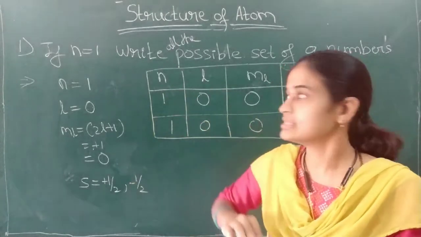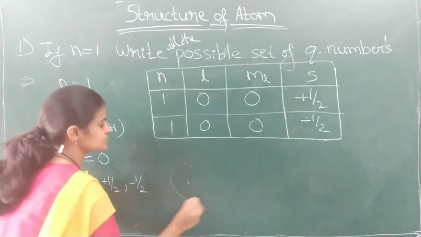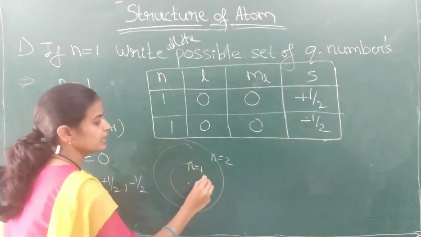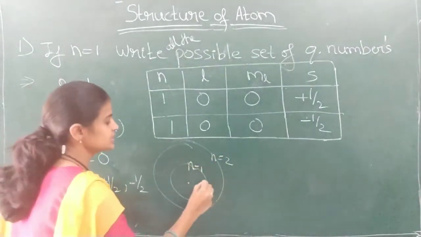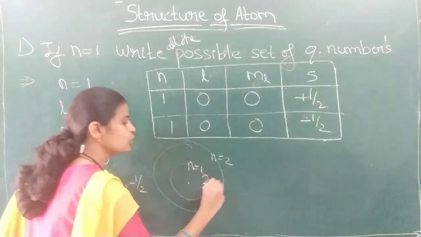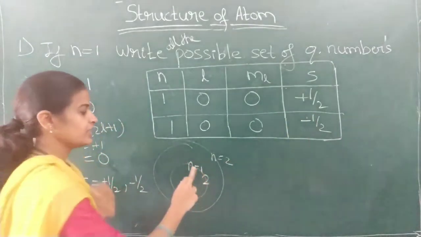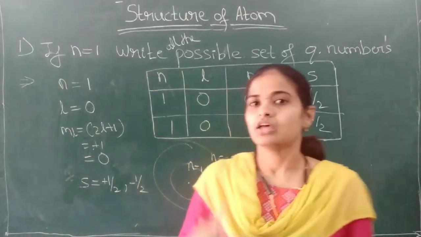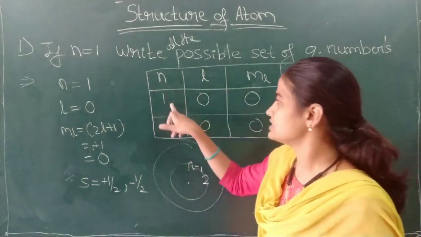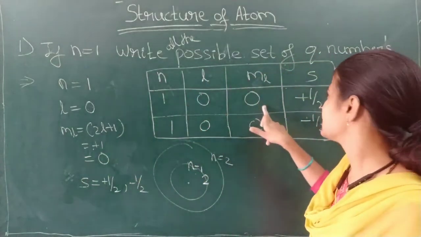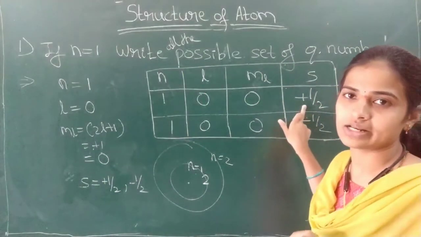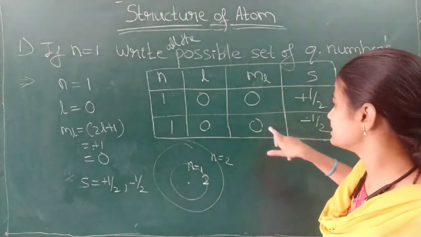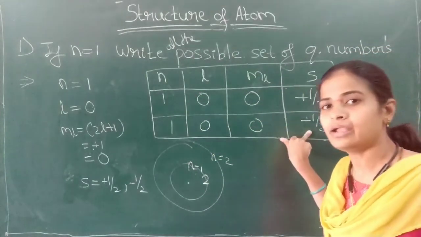n is equal to 1 means, again you recall what we have discussed: n is equal to 1, n is equal to 2, it is called the first shell. K, L, M, N we had numbered, isn't it? In the K shell, how many electrons are there? 2, 8, 18, 32. If n is equal to 1, 2 electrons are there. What is the address of those 2 electrons? The first electron is n is equal to 1, l is equal to 0, ml is equal to 0 and it is rotating in a clockwise direction. Second electron, n is equal to 1, l is equal to 0, ml is equal to 0 and it is rotating in an anti-clockwise direction.